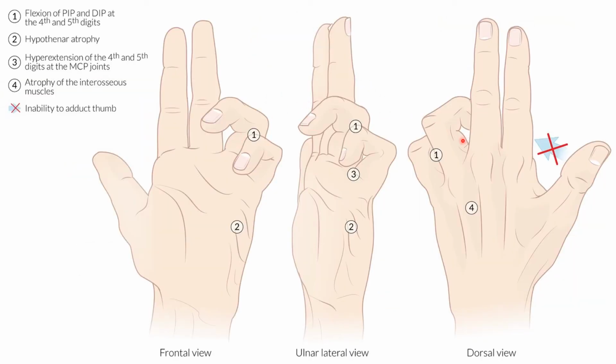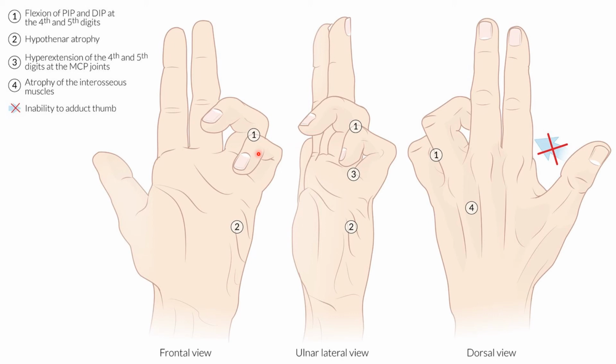This is the typical picture of the claw hand, and as you already know, it causes curved or bent fingers, which makes the hand appear like the claw of an animal. That is why it is known as claw hand. In this case, you can see the ulnar nerve supplies the medial 1.5 digits, and when there is ulnar nerve compression, there is a loss of action of the interossei muscles and lumbrical muscles. You can already see here there is atrophy of the interossei muscles, and there is flexion of the proximal interphalangeal joints and distal interphalangeal joints.